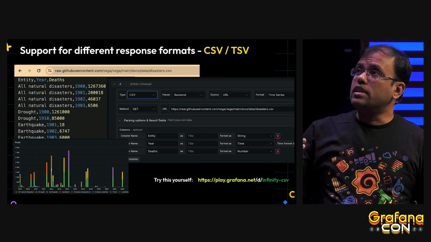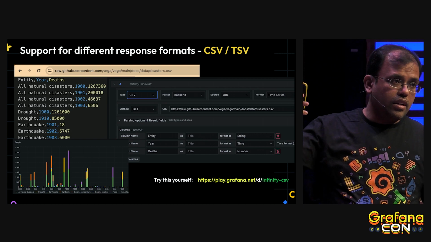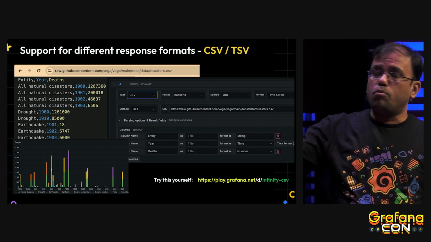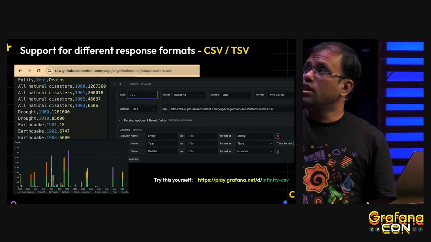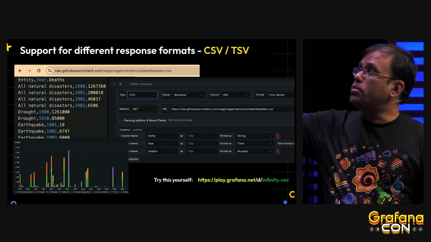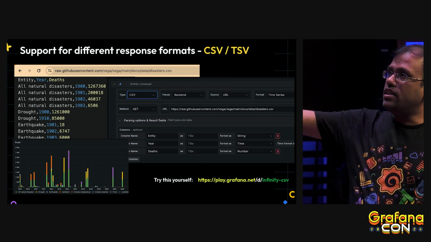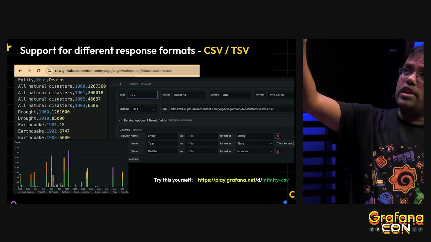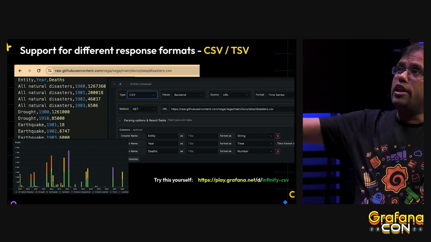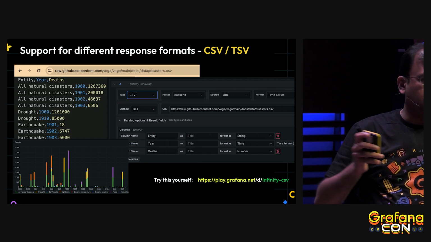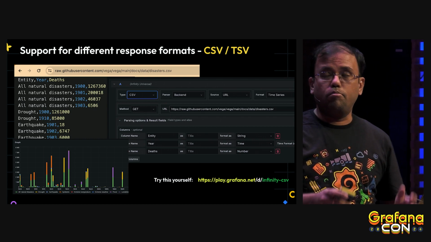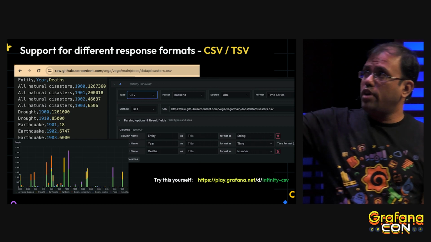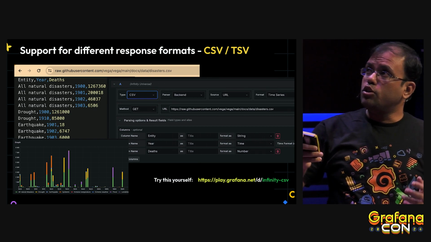So here you can see I am visualizing some public GitHub data I found, which talks about natural disasters over the years. Same as JSON, I'm just pasting the CSV URL and selecting the fields, and I make sure they're correctly formatted. Say, for example, here it says year, but I need to explicitly make sure this is parsed as date, not just number. And also dates, I want to make sure this is a number, not the date. So I need to specify all these details to get this graph.